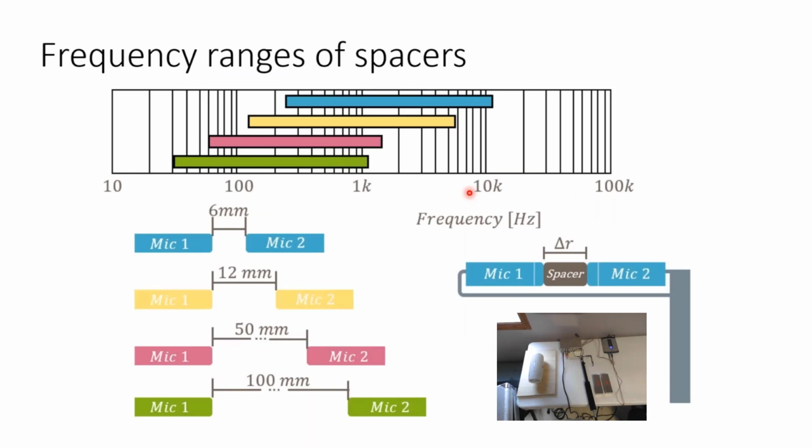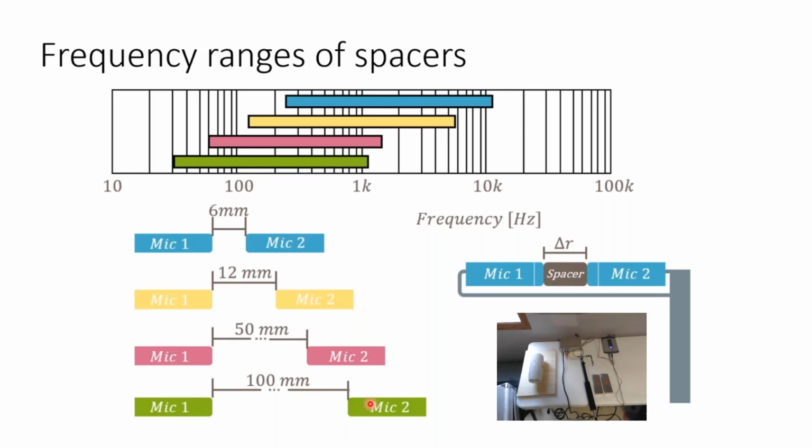Okay. So we talked about spacers, and the reason for that spacer is because it affects the frequency range that you can measure. To get the lower frequency, you have to be able to have a large space. You can see down here this green mic 1, the distance between mic 1 and mic 2, and that's because low frequency waves have such a longer wavelength. If you have those microphones too close together, it can't actually pick up those low frequency wavelengths. So if you're like in the 10s of hertz, I mean that the wavelength of that is massively long. You need a good amount of space between the two probes.